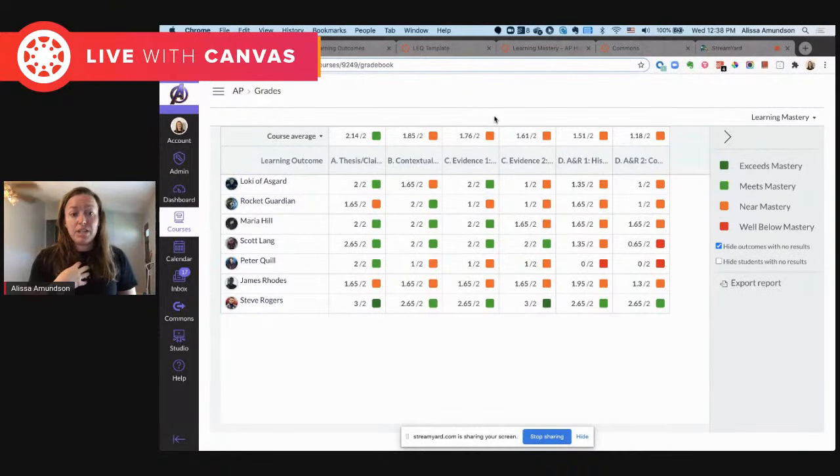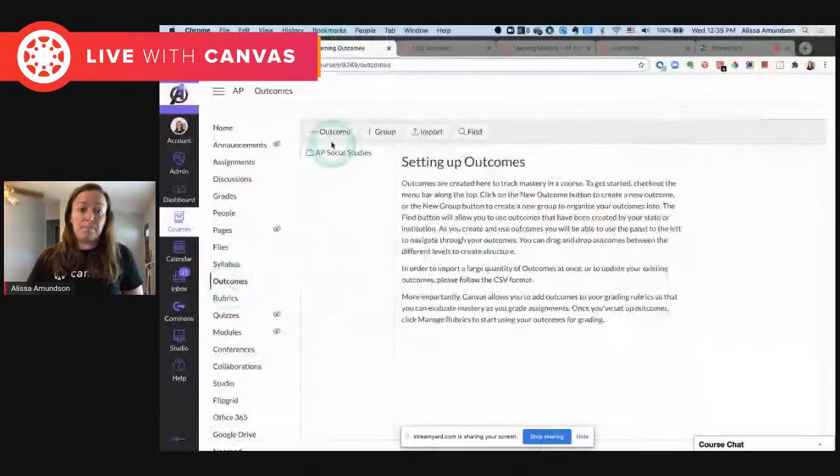And so I'm going to use these outcomes to get a very quick snapshot of how each of my students are doing on each of the elements of this AP essay. So how do I do that? How do I get this data in, and how do I start to build these ideas? There's a couple ways you can do it. If you go into your course and you go to outcomes, you can build all of these outcomes